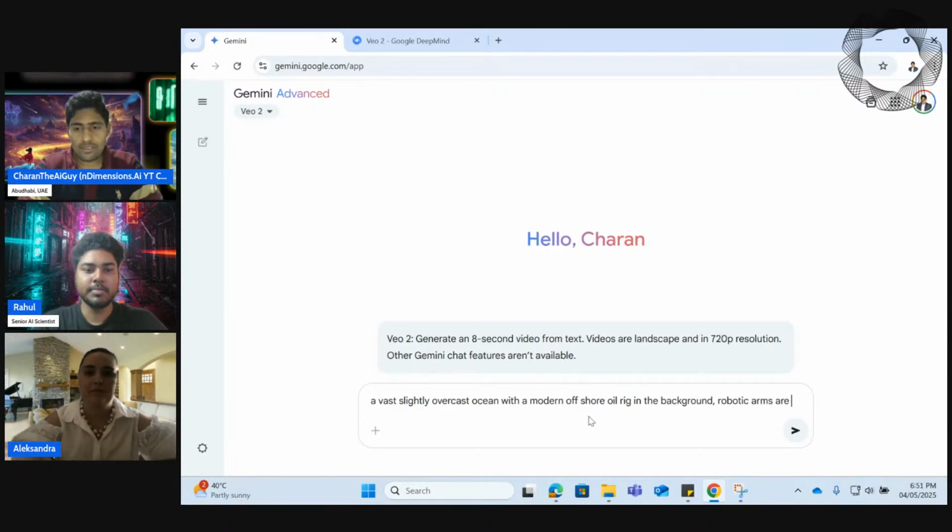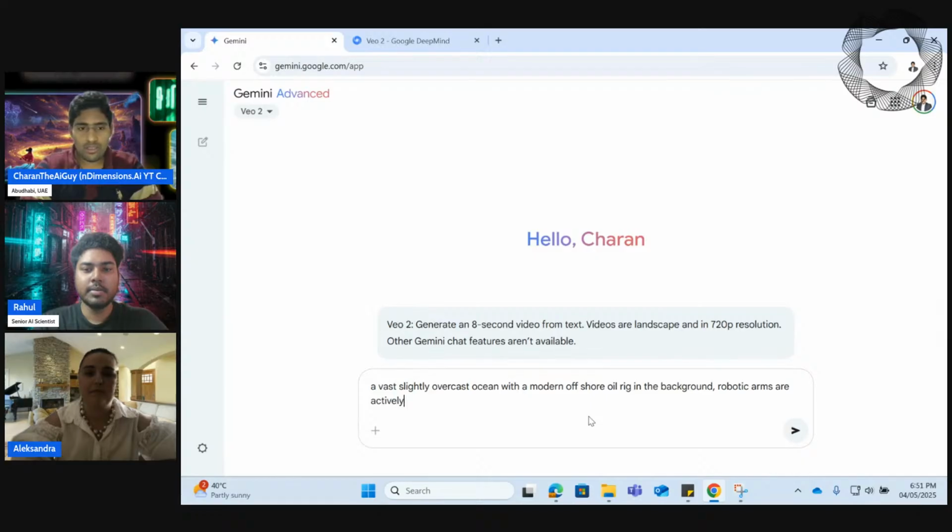Then let's say robotic arms are actively engaged in maintenance tasks. So I wanted to see some robots doing their day-to-day maintenance tasks. So that's part of the action. And we can have a subtle blue holographic